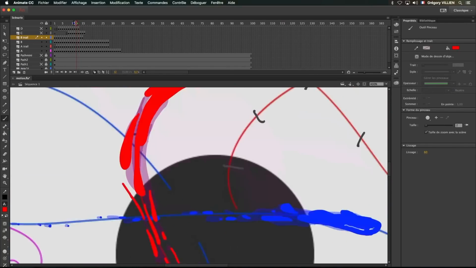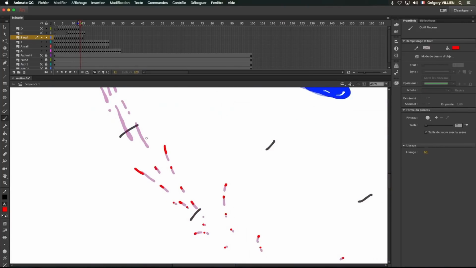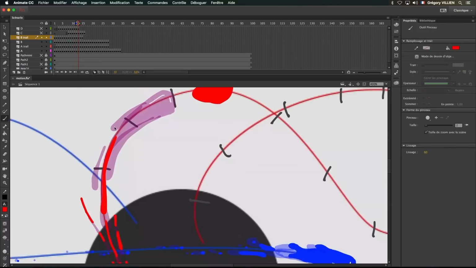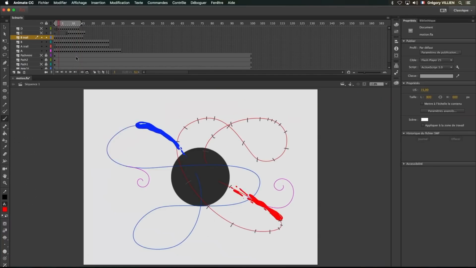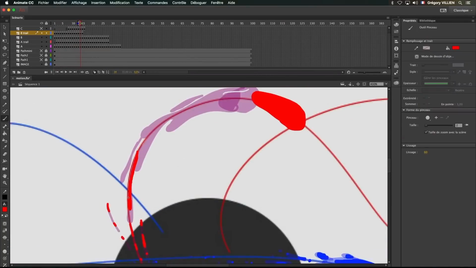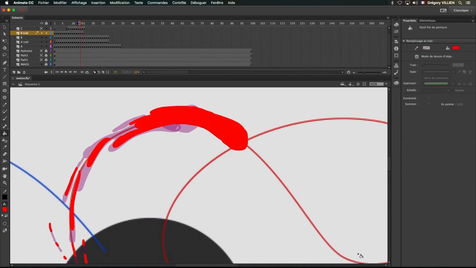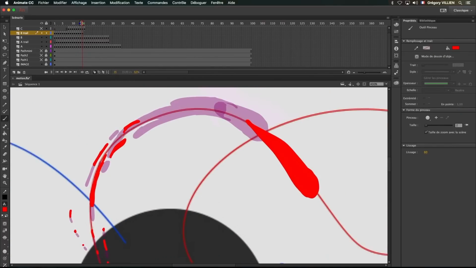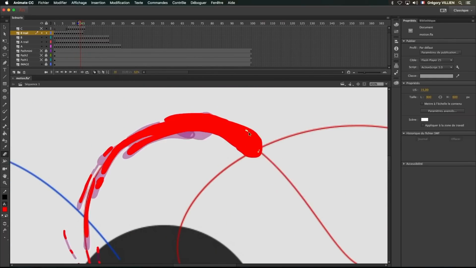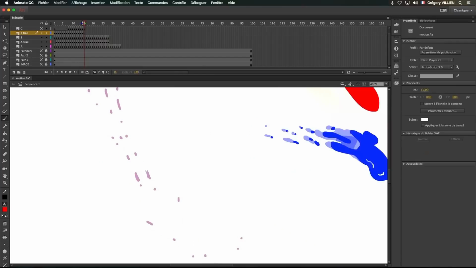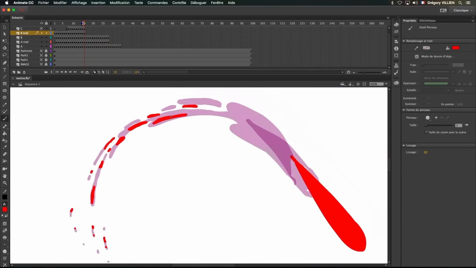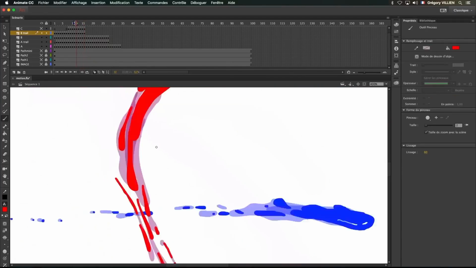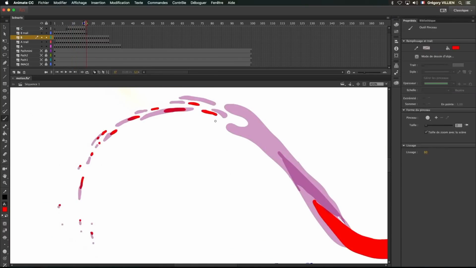If sometimes I have some drops that I don't like, I take my selection tool, I select, I delete, and I make a new one. And here I try to take the curves every time. Here I make a first analysis. The idea is to follow it and keep the dynamic, because it can happen that it doesn't work at all. So I remake it right now. Don't be in a hurry. Something obvious is that you don't have to have a fast render. I think it took me 6 hours and I took my time.